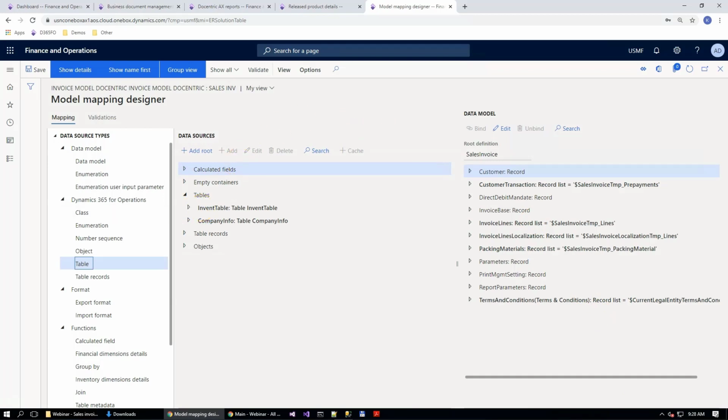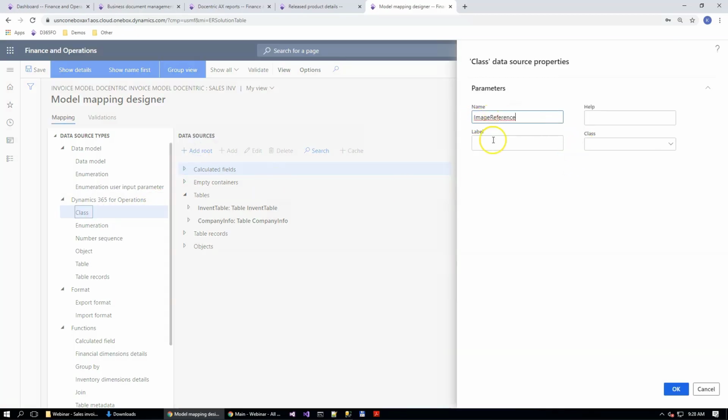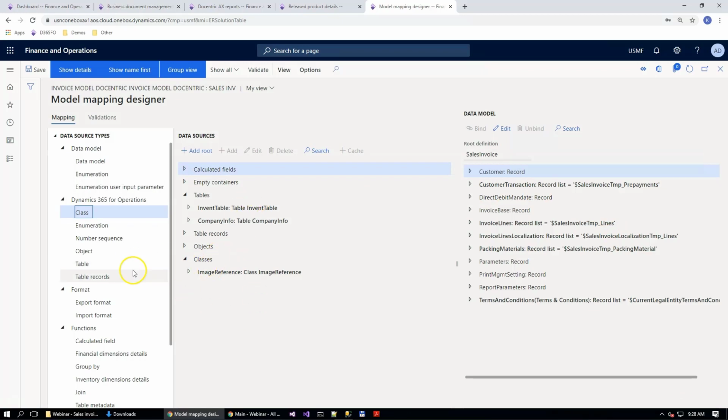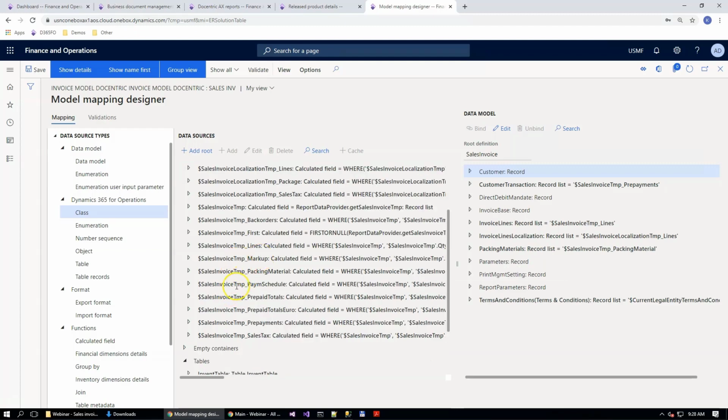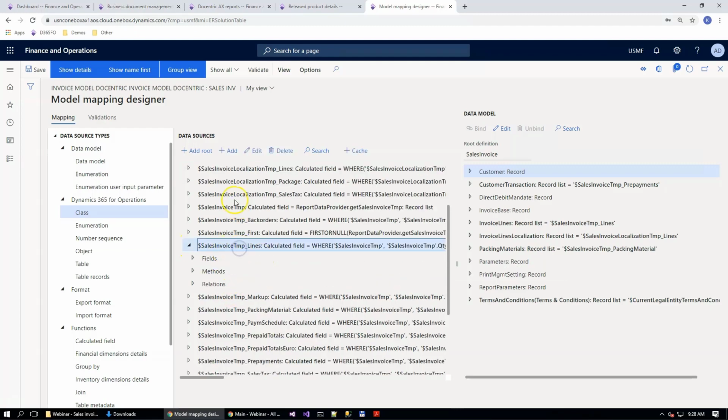Okay, and the second thing we need to do is to add a class definition to our data source, and this class definition is the image reference. So image reference will be used for fetching the thumbnail of the released product image. Then we need to start building our calculated fields, and the first thing we will do, we will add to the invoice lines a new calculated field. We need to select the calculated field,